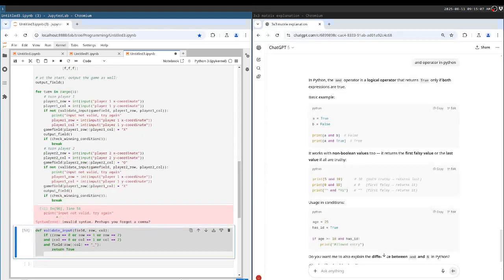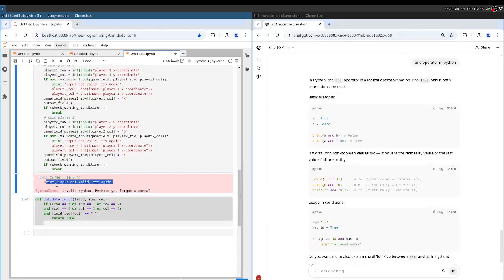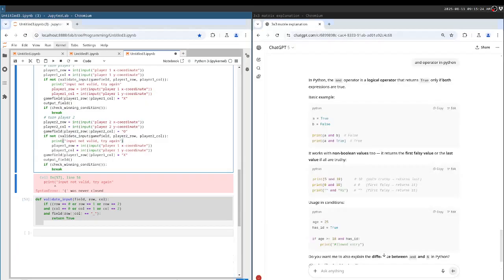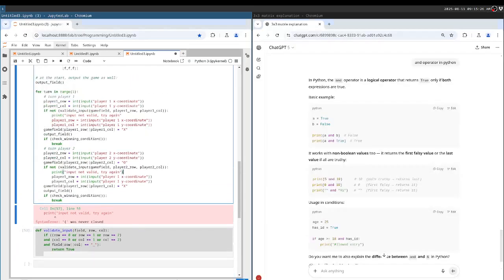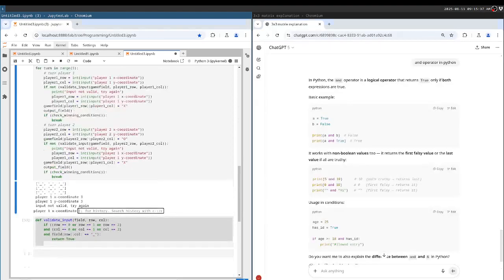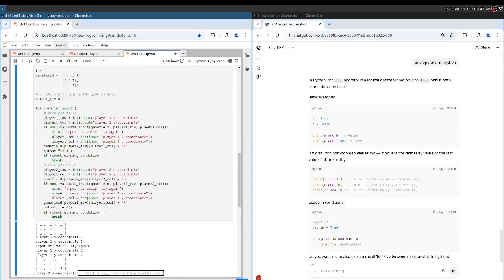Input not valid. Where is the problem? Print input not invalid syntax. You forgot a comma. I forgot the bracket here. Okay. Here also. Okay, nice. So now we have some kind of validation, input not correct, and now it's working. So input not valid, try again. Of course,